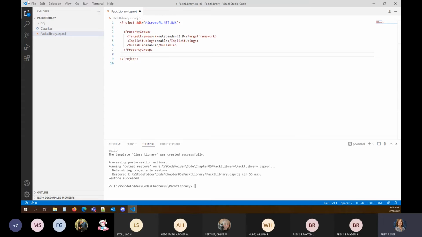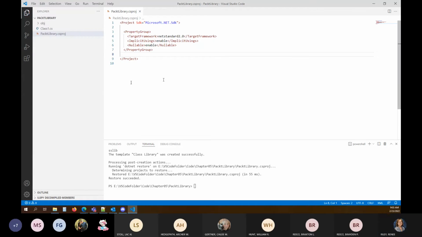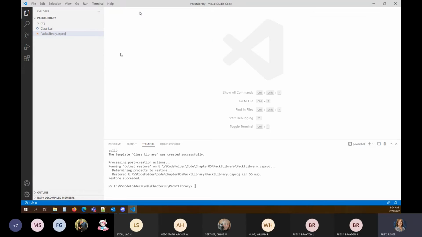So they say to save and close the file. So I'm going to save this. And then I'm going to close this tab so that I don't still have it open. Did you notice how it had that little black dot there that it needed to be saved before? All right, so we've updated that to be .NET Standard 2.0.